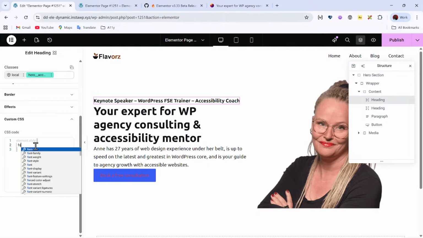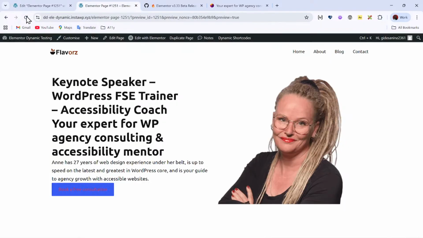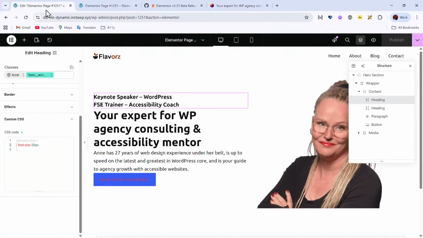So let's see, font size. Let's say 20 pixels. Publish, and I'm going to refresh. This site has no caching, so I don't see why it is not staying. Clear. Yep, so I think I'll just pause for now and say there's still some work to be done with the